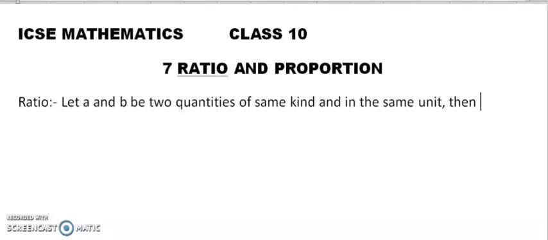Okay, then A is to B is, or then the fraction A upon B